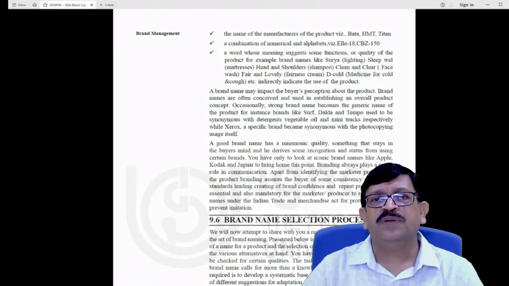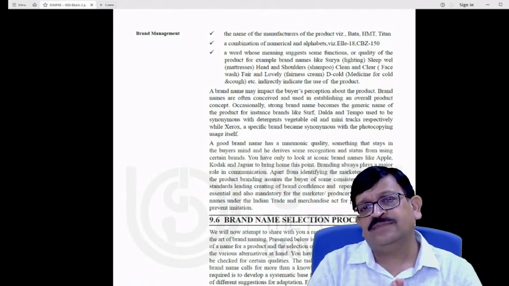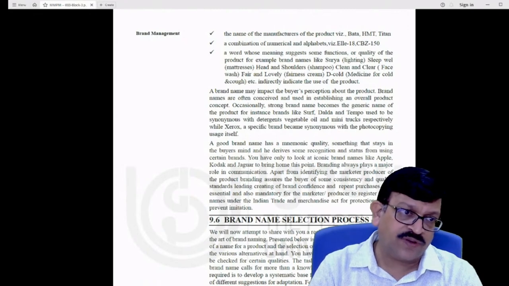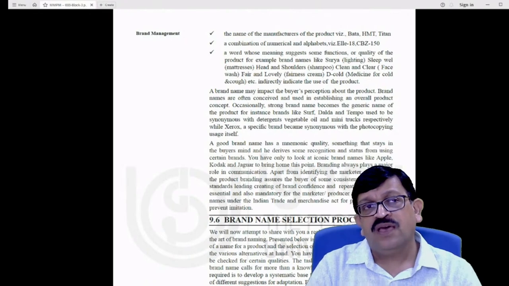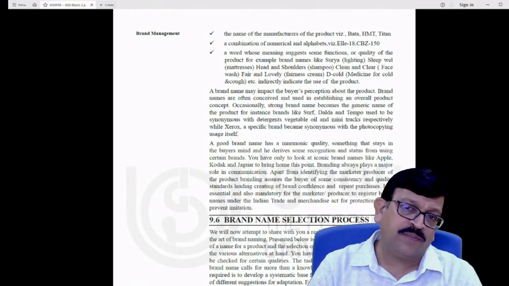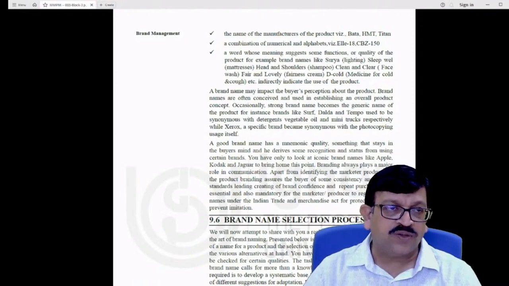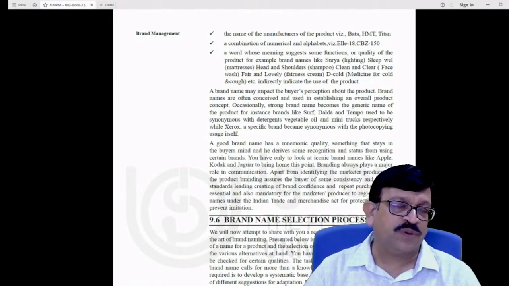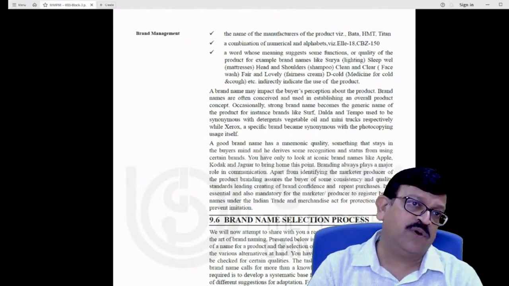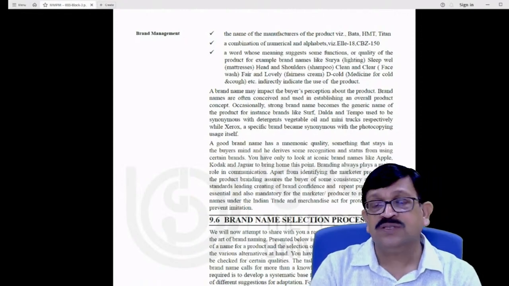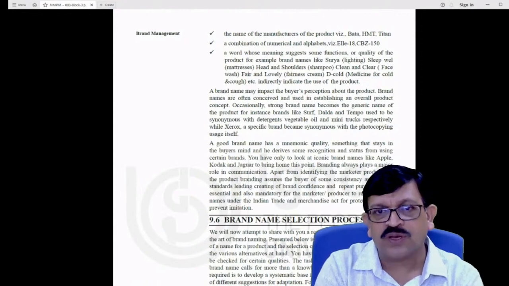Over a period of time, it becomes so well associated with the product concept that it becomes almost very generic in nature. A case in point, which we talked about strongly, is Xerox. Xerox is actually a brand name, but what does it stand for? A photocopier, photocopying machines. So when they came up with photocopy machines, it became almost synonymous with the brand name of the company. So today when you talk about Xerox, Xerox is equal to photocopy. Nobody says photocopiers, they talk in terms of Xerox.